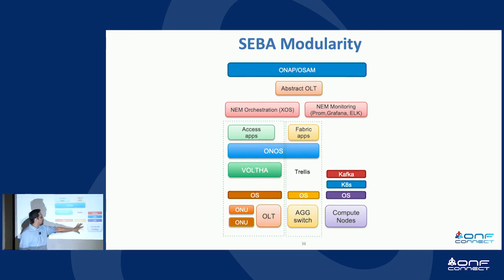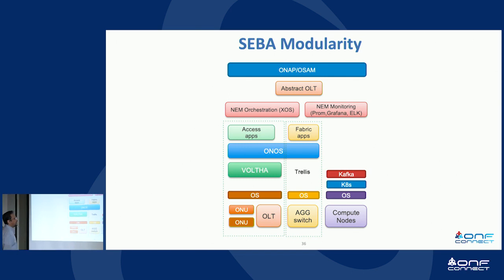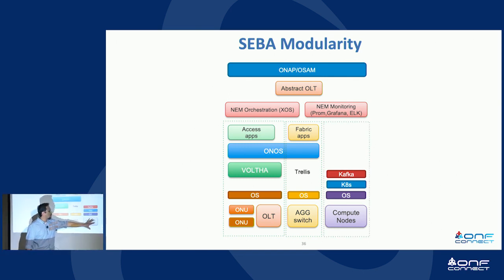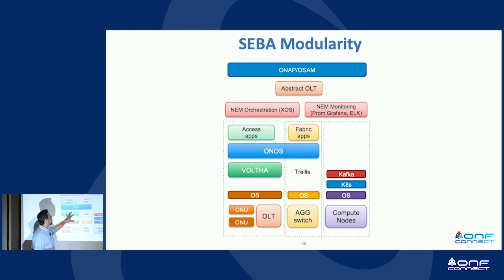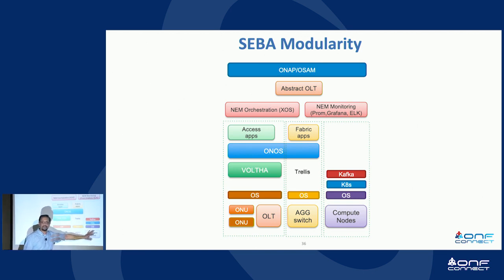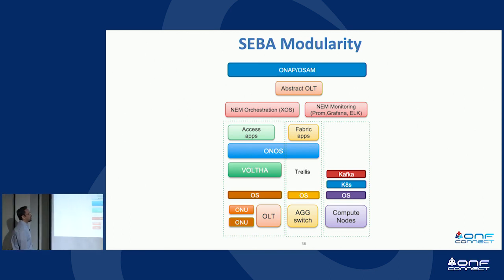So similarly, Trellis is another box that you can imagine. It's the aggregation switch, the operating system that runs on it, that is managed again by an SDN controller, and the applications that bring out the services in the switching hardware. Finally, we do have another box that we can draw around the compute nodes and the use of Kubernetes, Kafka, and so on. Like I said, both ONOS and VOLTHA and pieces of NEM are in fact, our monitoring infrastructure is based on Kafka. So this is another piece that you need.